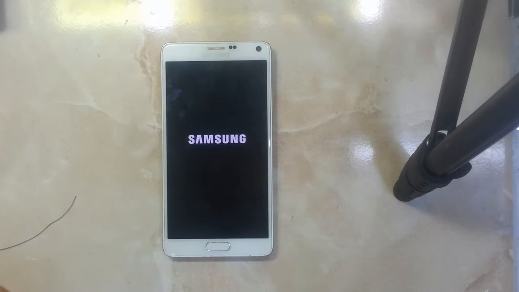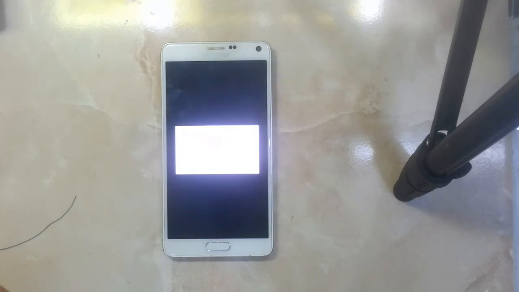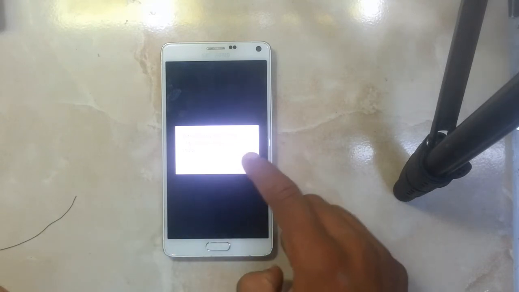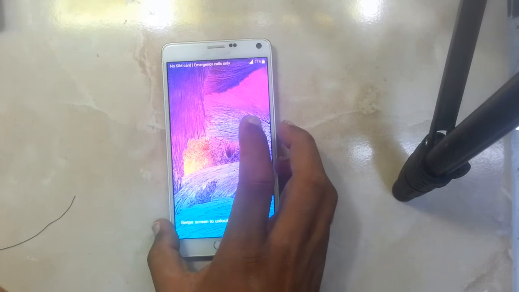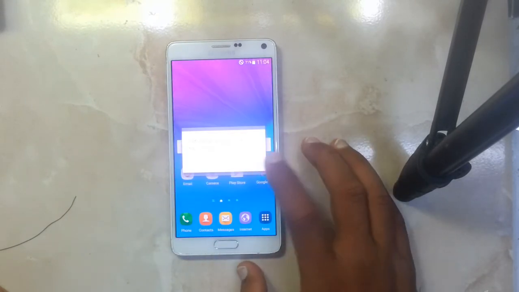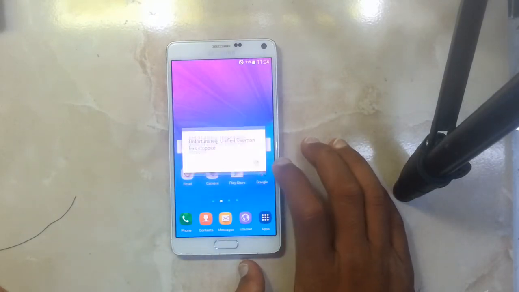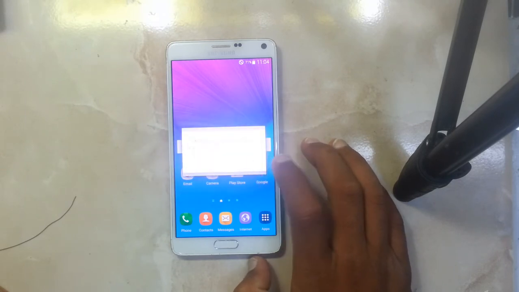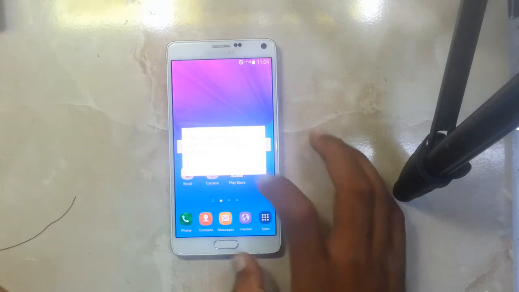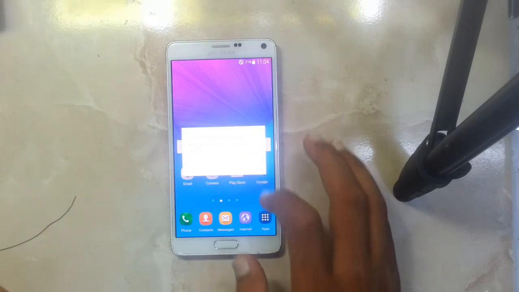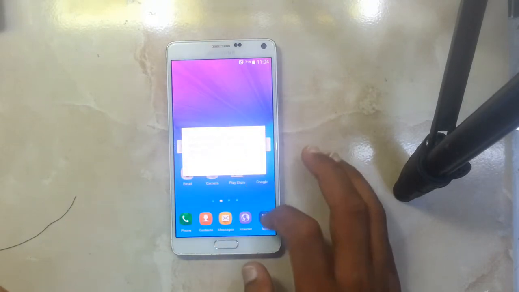It will take a while as usual. After resetting, it takes a little time, almost 1 or 2 minutes. As you can see, unfortunately the process com.android.phone has stopped. It doesn't matter, it's about Play Store. As you can see, my phone is normal now. It's ready to use,